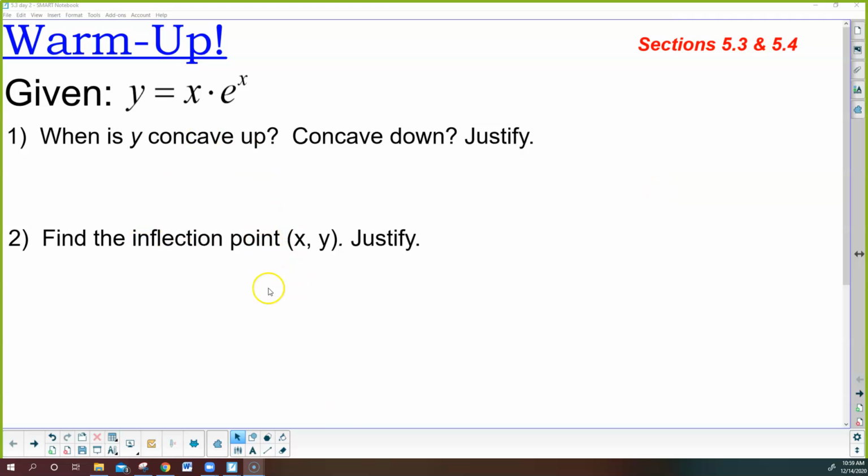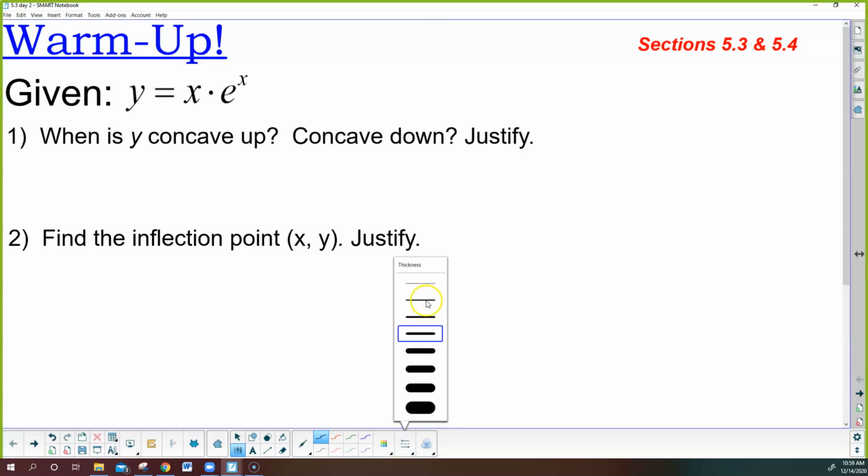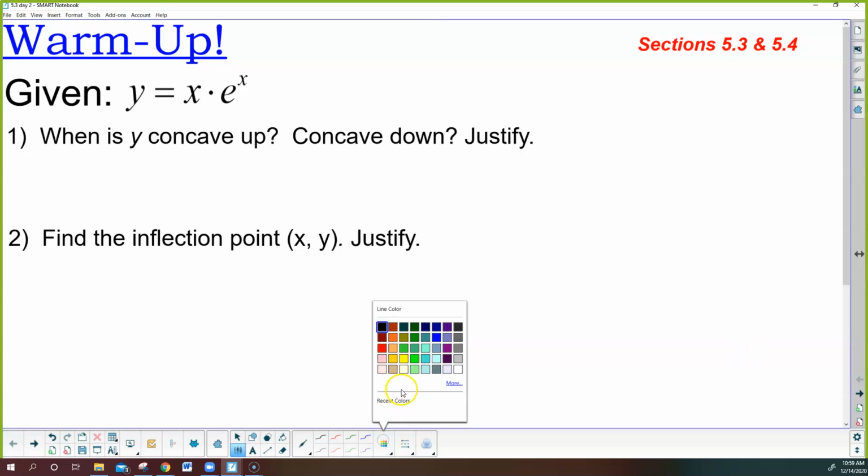Okay, so here's the approach you need to take. This is a really good review for the test, and I'll just show you kind of how I think about a problem like this. When they ask me to find when something is concave up,